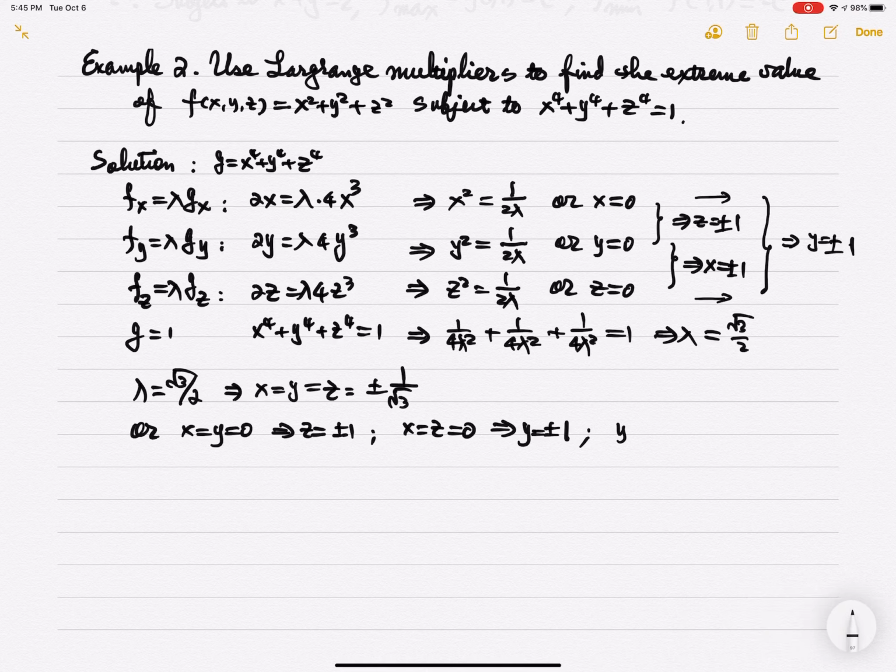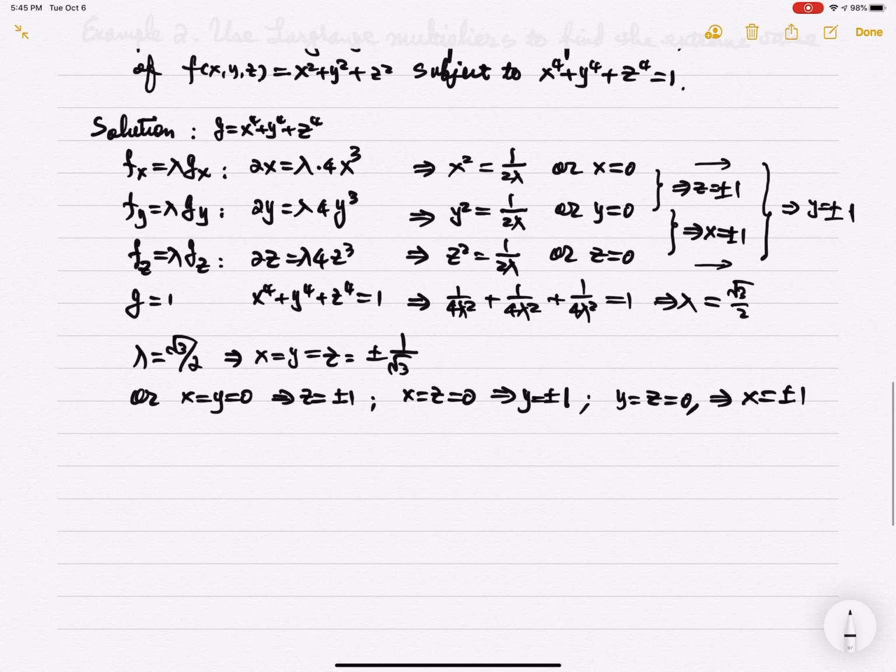When y equals z equals 0, then x should equal positive or negative 1. Now, if you look at this, we have many points. When we evaluate, because the function f is x squared plus y squared plus z squared, the sign doesn't matter. So we say at positive or negative 1 over root 3,